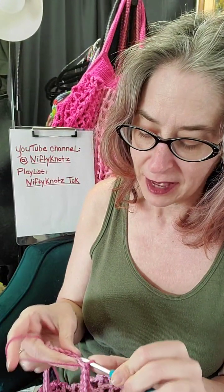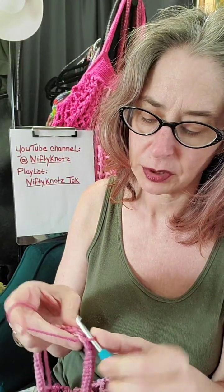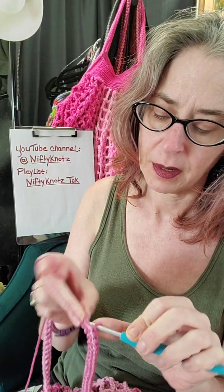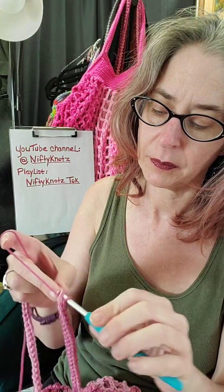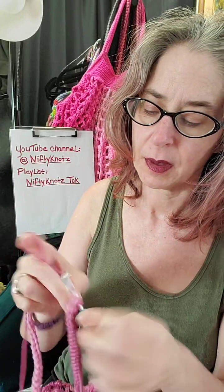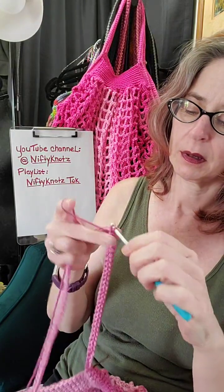I really truly have. But again, I am just going up and around this entire handle, slip stitching again through the handle. I'm going to do that all the way around the handle. Again, you want to make sure that